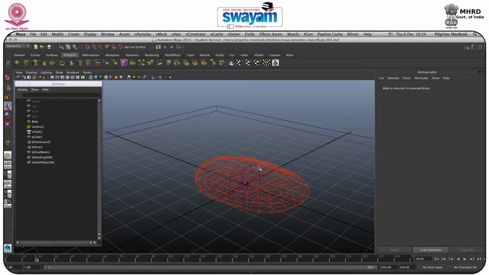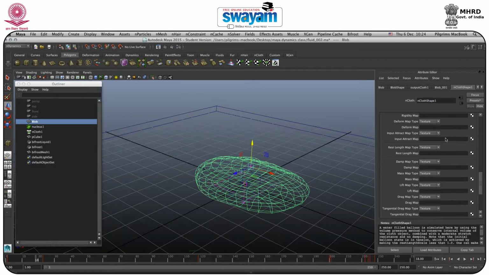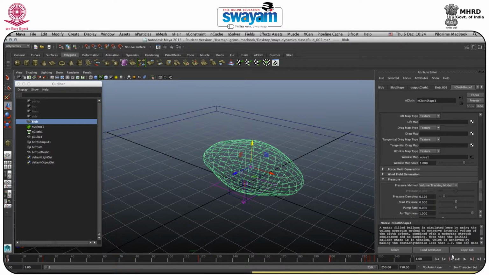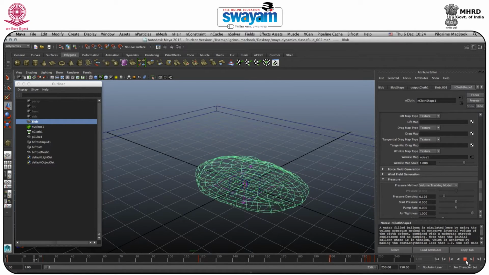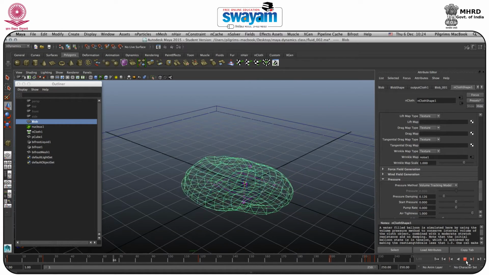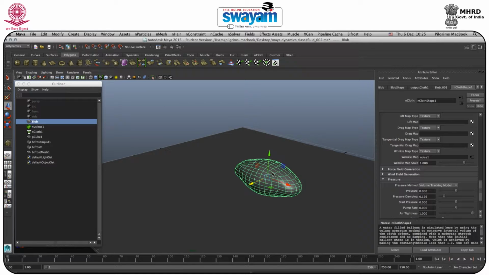So as you can see, now it's showing again all the things, property features, and you have pressure. If you increase the pressure damping a little bit of it and just go to the previous frame, you can see that somehow it will change its shape and all, so you can collide. So now you have the idea how you can create the viscous liquid, and you can go to start pressure